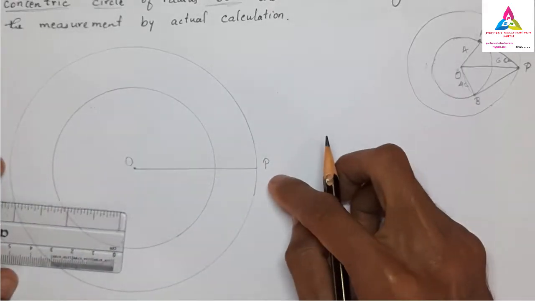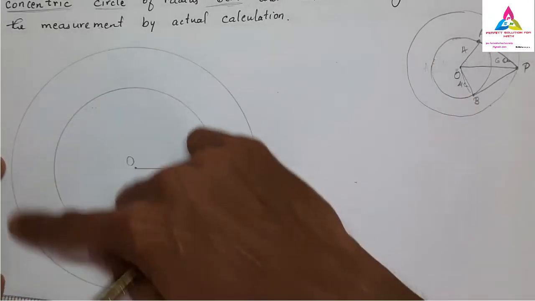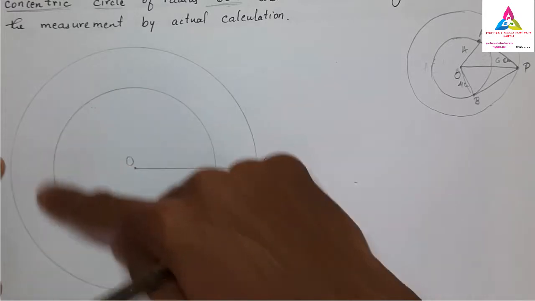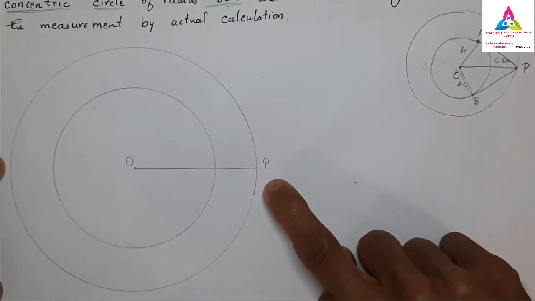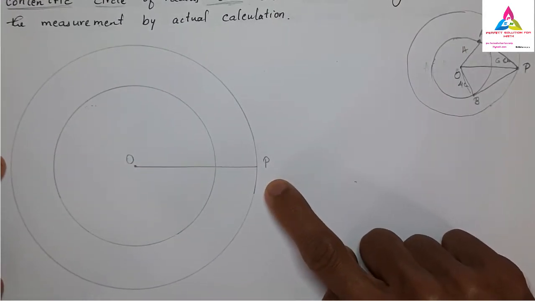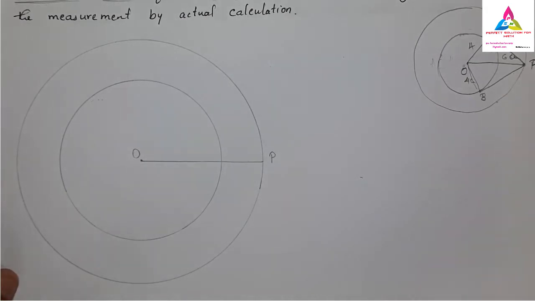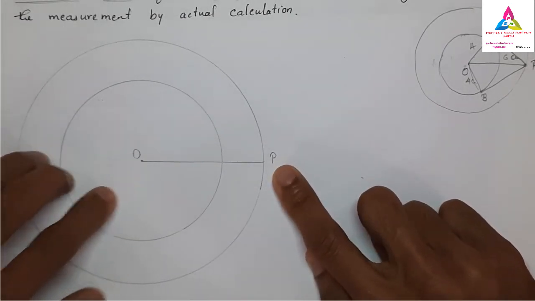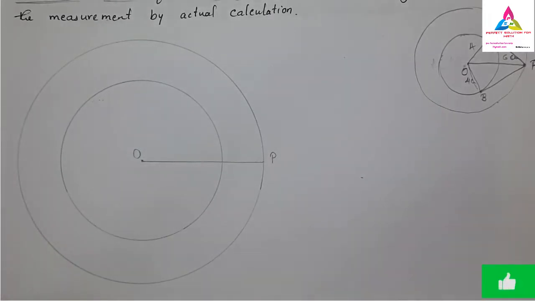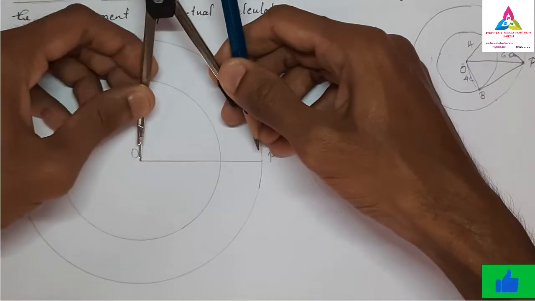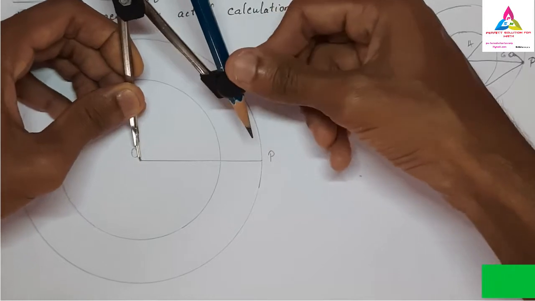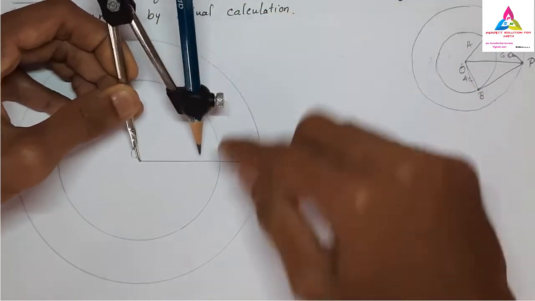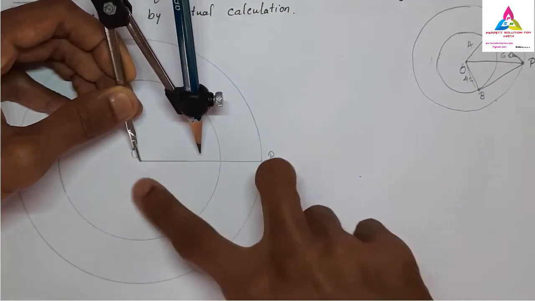Now you consider this P as an external point. Don't consider this as just part of a circle. Take that P as an external point and do it in a similar way. What is the second method? The second method is nothing but this OP we have to bisect into 2 equal parts. So how to do that? Keep the compass on O, take more than half. Somewhere it will come here. OP half we have to do.